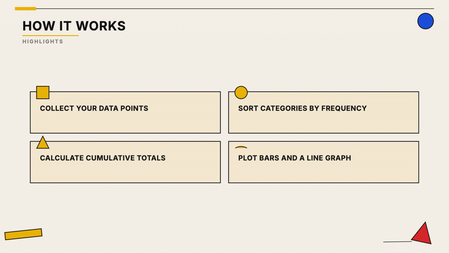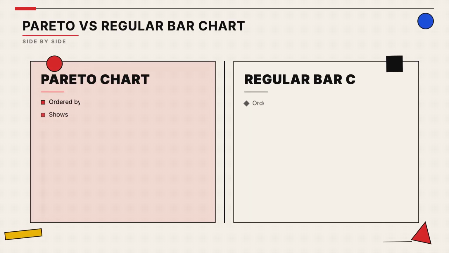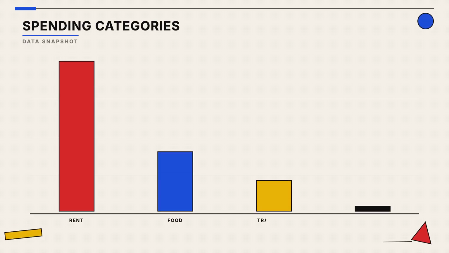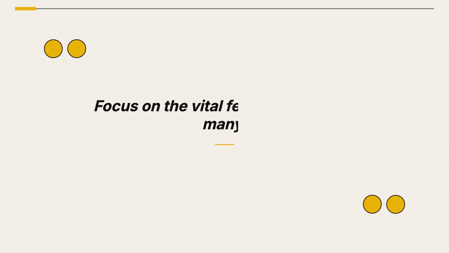the biggest impact. While a standard bar chart shows you what exists, a Pareto chart tells you what matters most by ranking the data. Here, rent and food dominate your monthly budget, showing you exactly where small changes create the biggest financial impact. Use this tool to stop sweating the small stuff and start focusing on the financial habits that